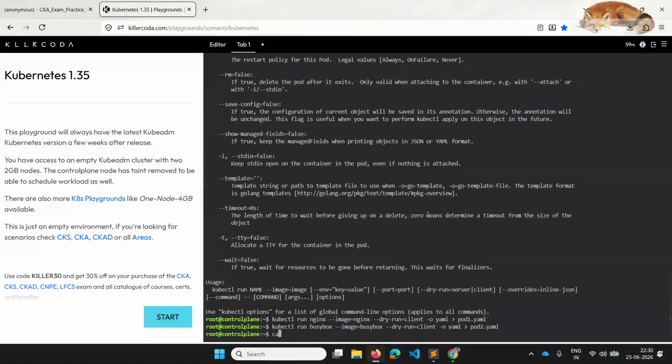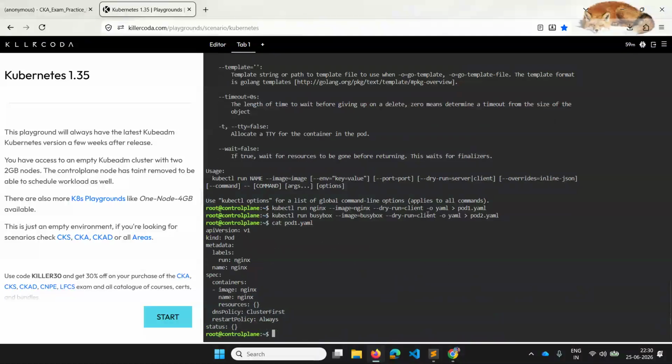Now if you see, using cat pod1.yaml, you can see that these are all the things, and by default host network will be false. I just want one pod to use it as true.